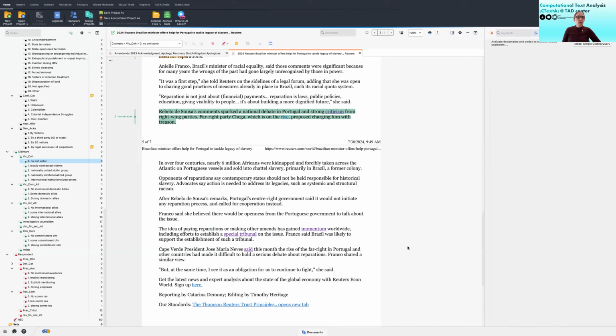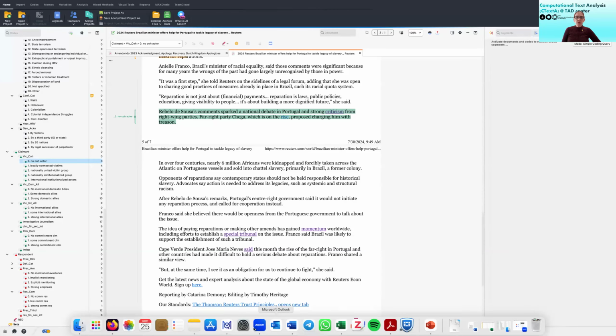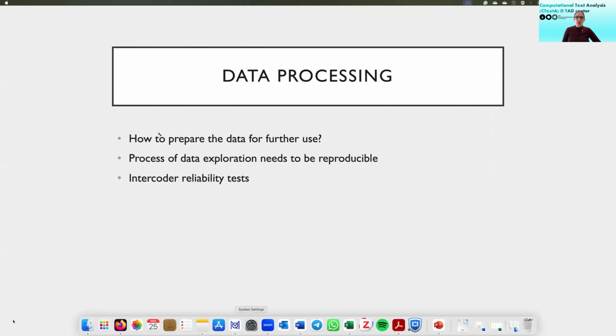Anyone wish to ask a question? Maybe we can give you like 2 or 3 minutes just to try your MAXQDA tool that you uploaded to your computer. That's also a good idea, yeah. Okay, I see that the chat is